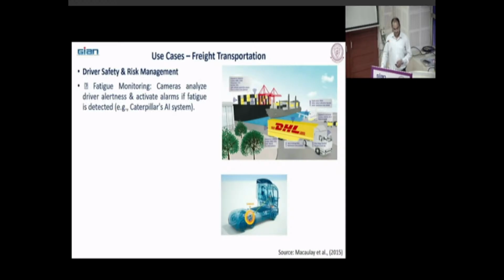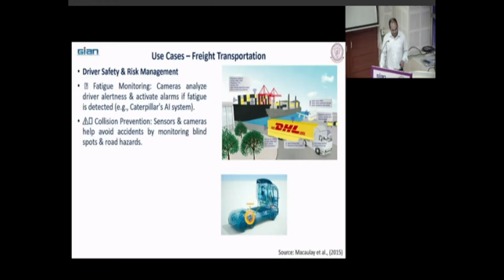Driver safety and risk management, fatigue monitoring. I told you in Japan and some other countries they are using IoT devices, cameras, and if the driver is feeling sleepy or fatigued, then the bus will not start. So cameras analyze driver alertness and activate alarms if fatigue is detected. Caterpillar's AI system is there.